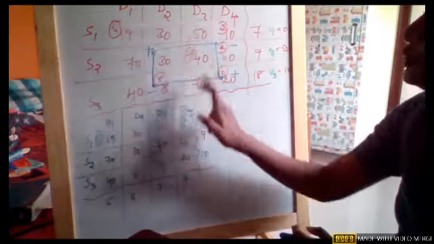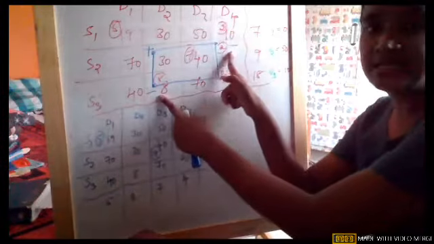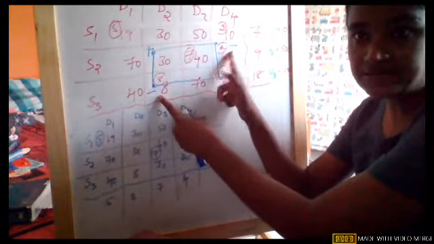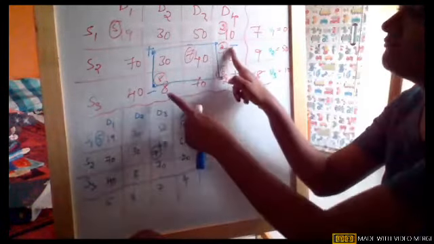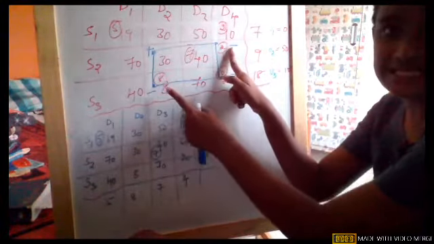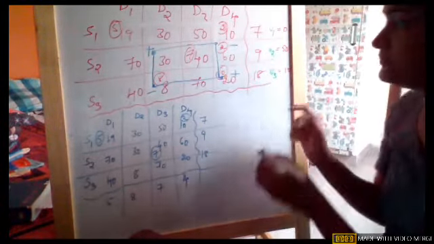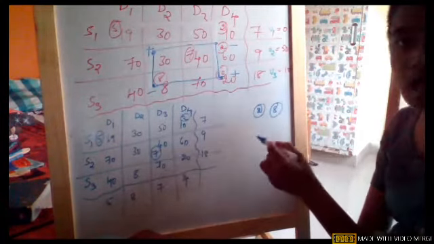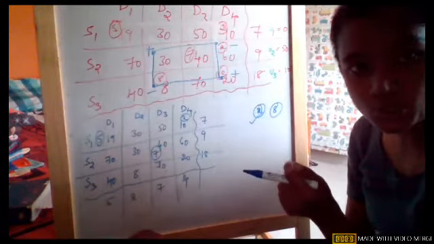Now, go to the loop. Pick the cells where we are having a negative sign. These are the 2 cells where we are having negative signs. Check the allocations. There are 2 allocations, one is 2 and the other is 8. Pick the lowest allocation, which is 2. Girls, these are the 2 allocations, 2 and 8. Out of this, we need to pick the smallest allocation, which is 2.